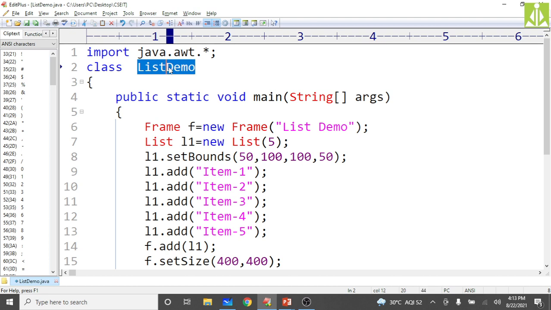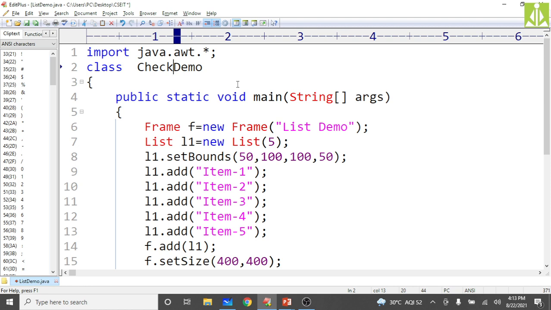So now we are demonstrating not the list, rather checkbox. Checkboxes. What is the class name? In this way you can see, if you are using an advanced IDE, you can get more options.